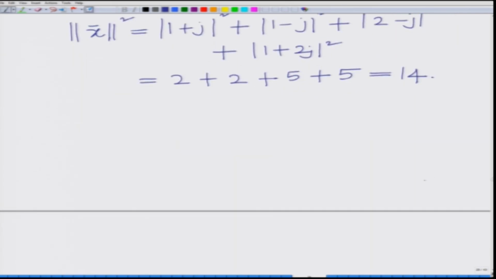Therefore, our ML or MMSE estimate h hat equals, let us write this expression again,